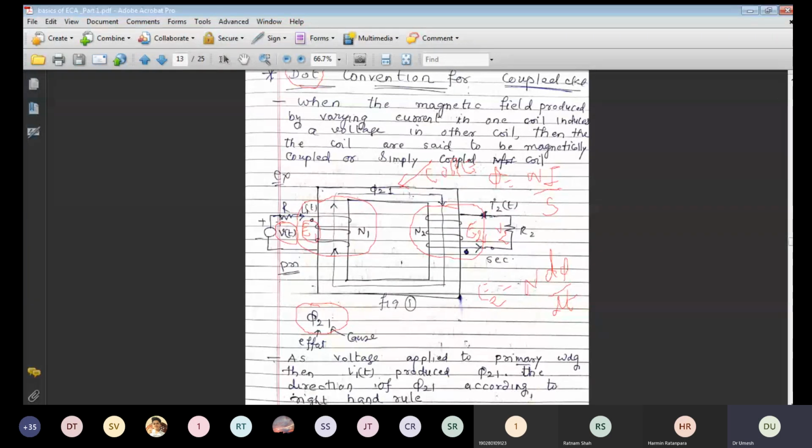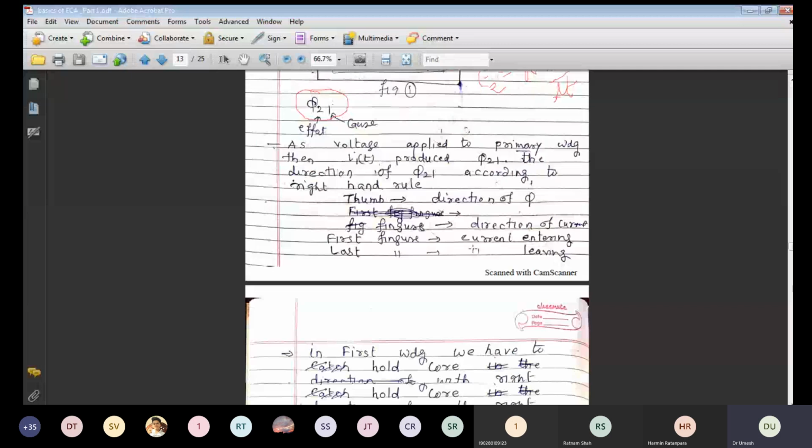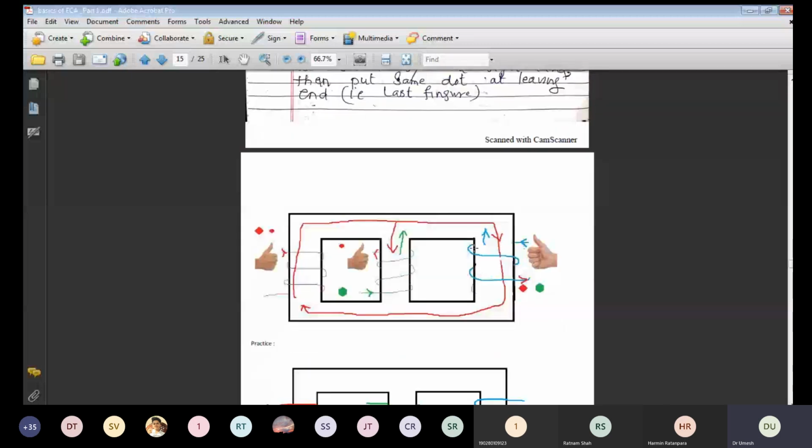So today's lecture is based on the dot convention only. I will explain in detail how to put a dot, and then how to write an equation using this dot convention circuit. So first of all, I will just give an example. Suppose this is one circuit,